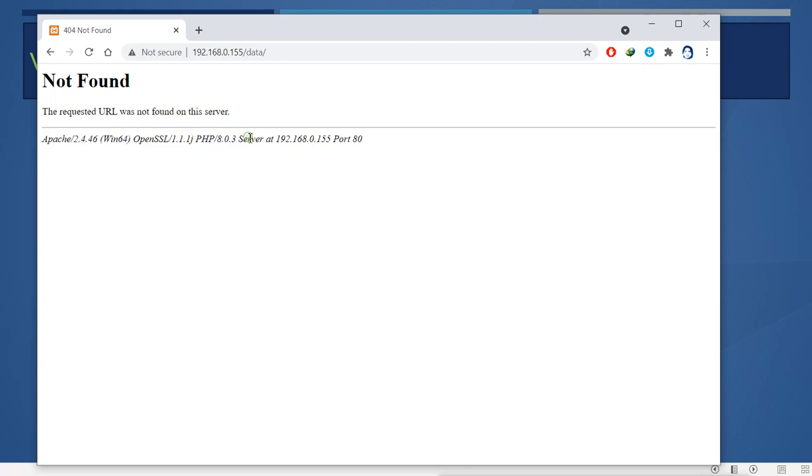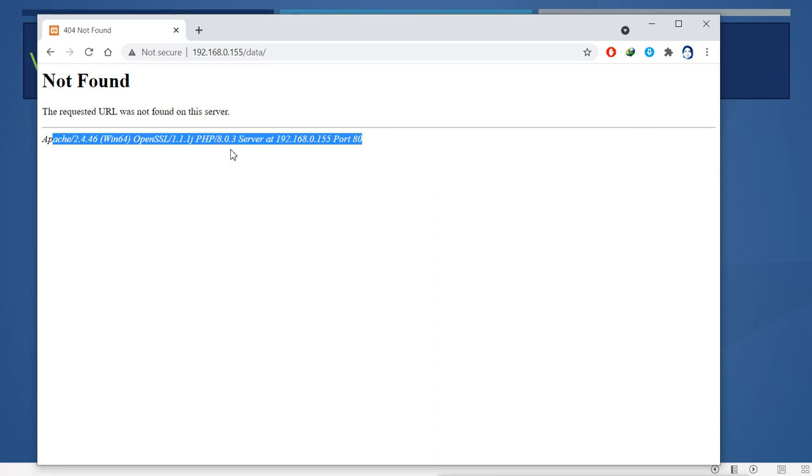This is the server IP, and this is the port number of the server. So it is showing information about the server in the error. It is a not found error, a normal error, but because the error is not configured, it shows the default error, and with the default error it shows information about the server.